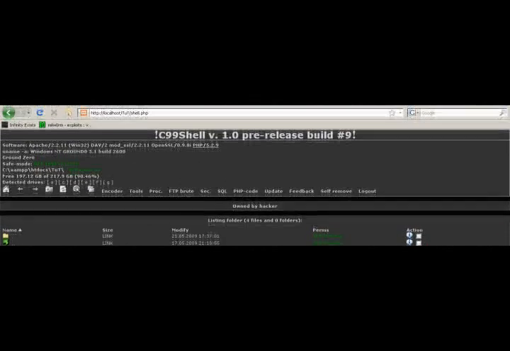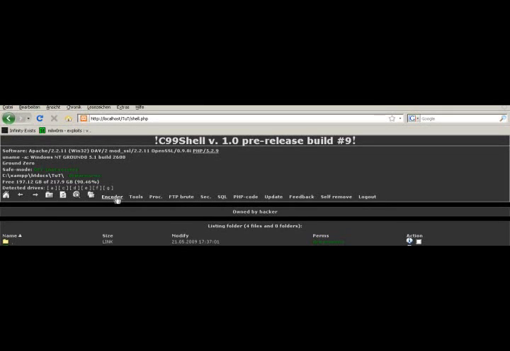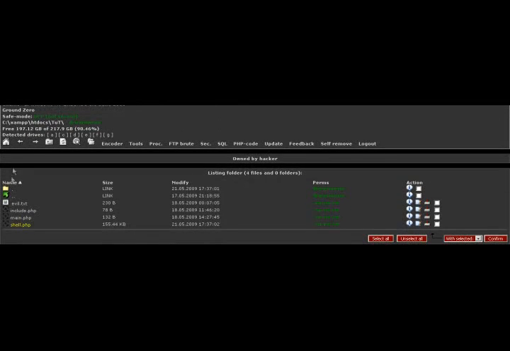So now you could do absolutely everything with the server. Absolutely everything. Do an encoding tool, use remote tools, do an FTP root, make a security check, do SQL codes, execute PHP codes, make an update, write a feedback for the code, and then do self-remove and log out, change the folders, jump in the folders,